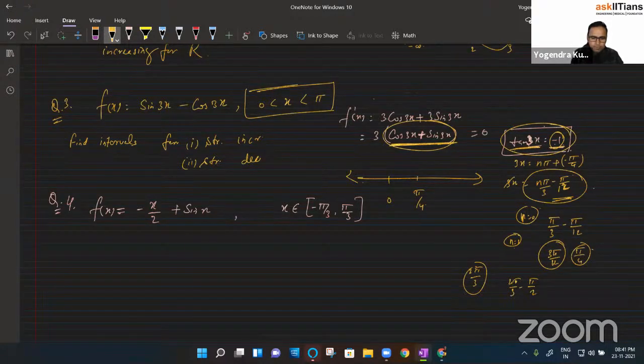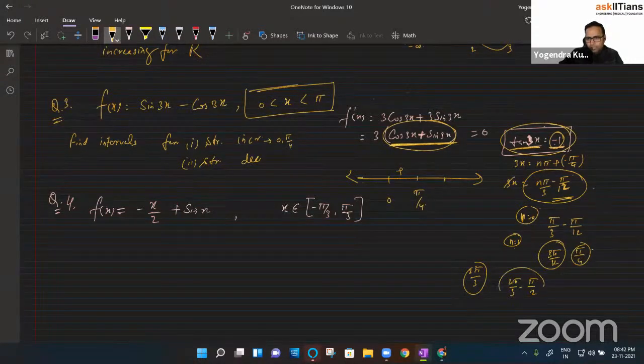Yes, one interval will be 0 to... it is increasing for... okay, question, in the question what was there? One second, guys. Yes, it is what for this interval 0 to pi by 4. That is what we are getting. 0 to pi by 4, it will be positive. Then